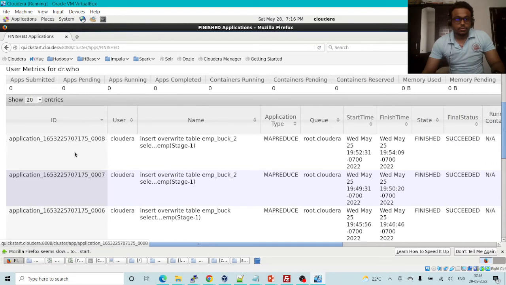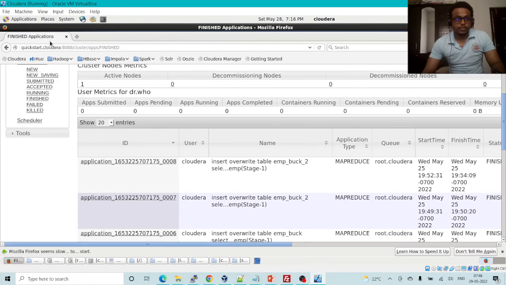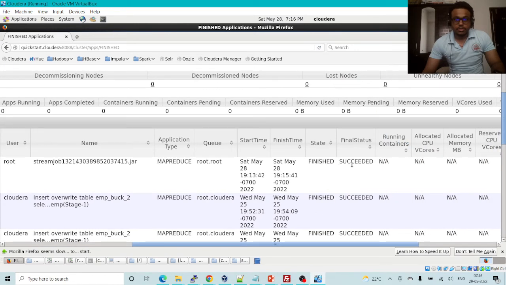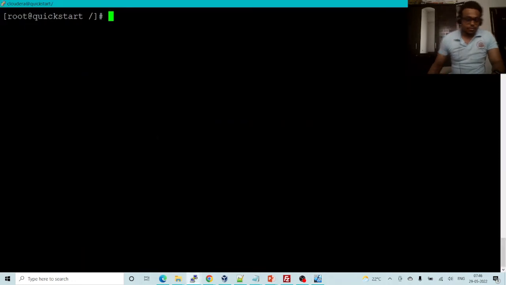This job is done in the previous job. Let me refresh this one. Look, this is the same ID, 225707175. Finish succeed, and it was run on 20th May. So right now it is done. Now you have to see